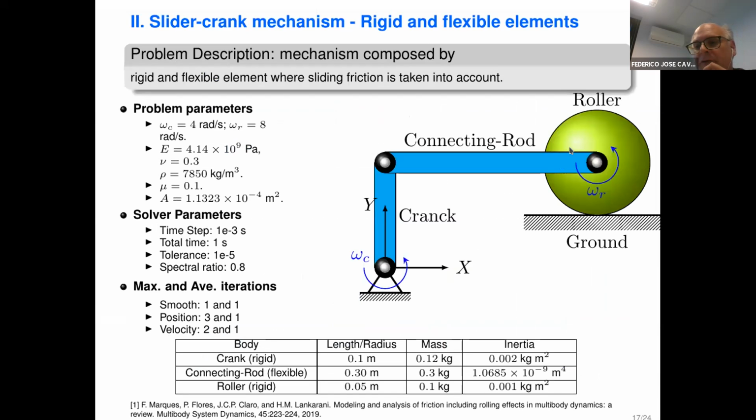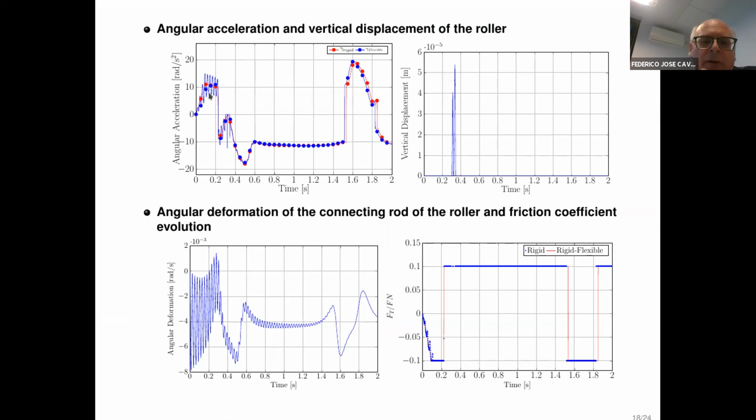We study the angular acceleration of this point as Felipe Marquez and Paulo Flores proposed. So in red, we have the angular acceleration for the rigid case, and in blue, we have the case when the connecting rod is flexible, so you can see this oscillation as a consequence of the flexibility. Then here in this picture, it's interesting to see that the roller rebounds in 2 opportunities, and the constraint